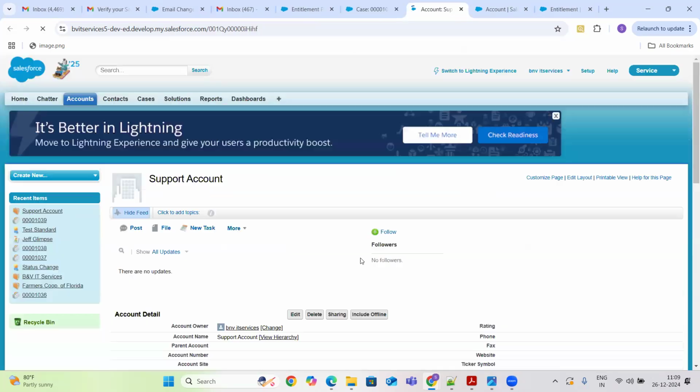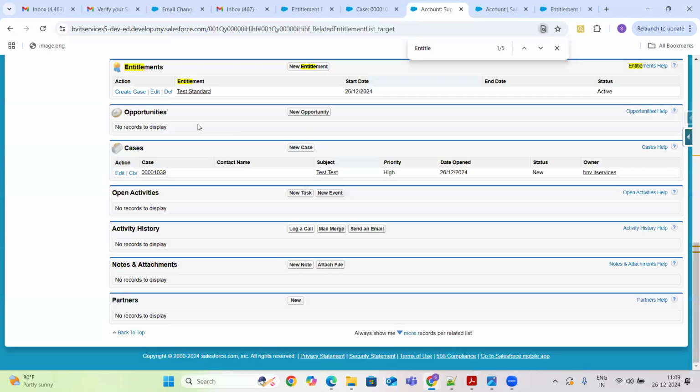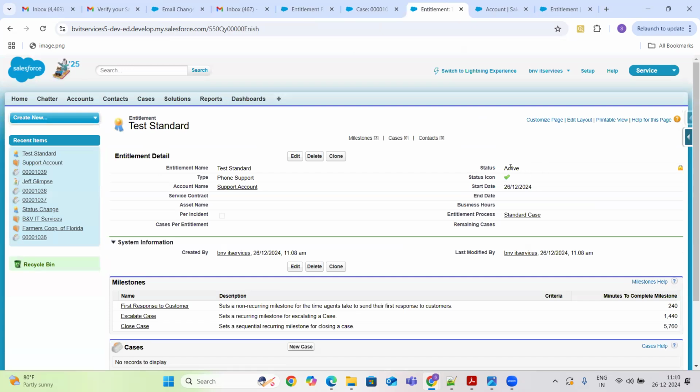And for this account, we have the entitlement process. Yeah, it has one entitlement. In this entitlement, this is active. Start date is 26/12/2024. The standard cases.